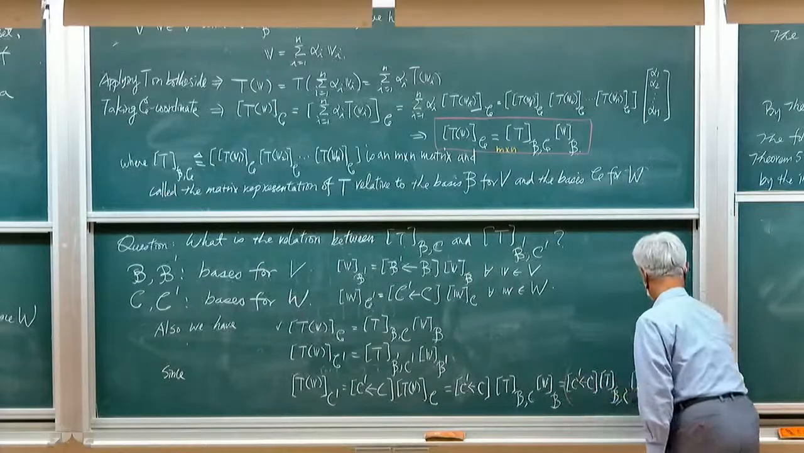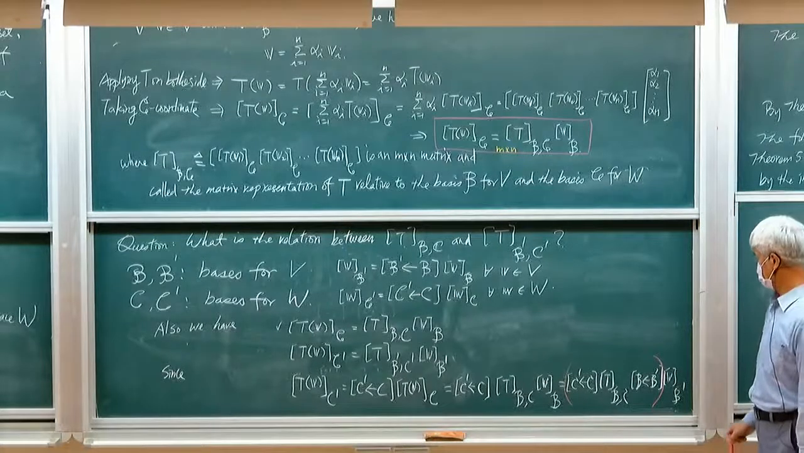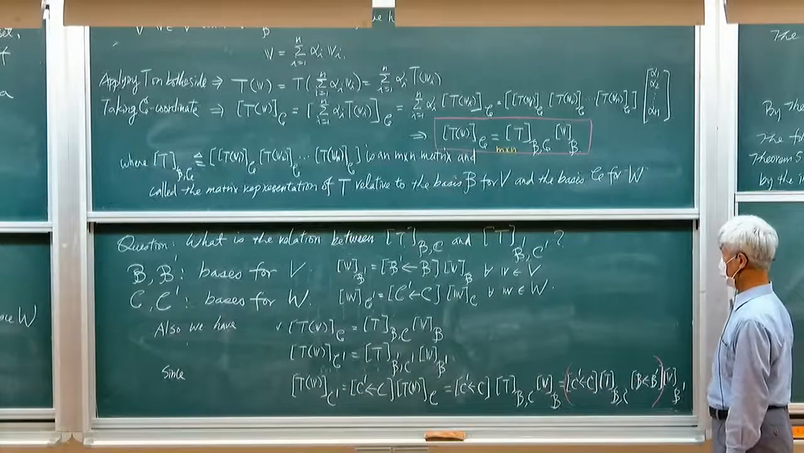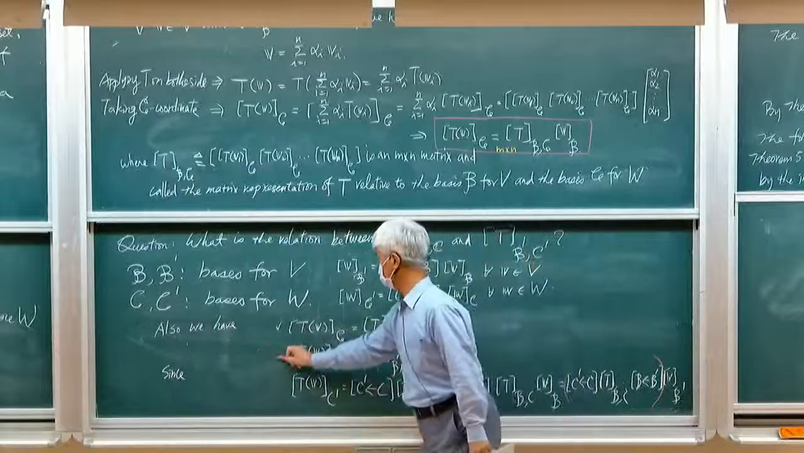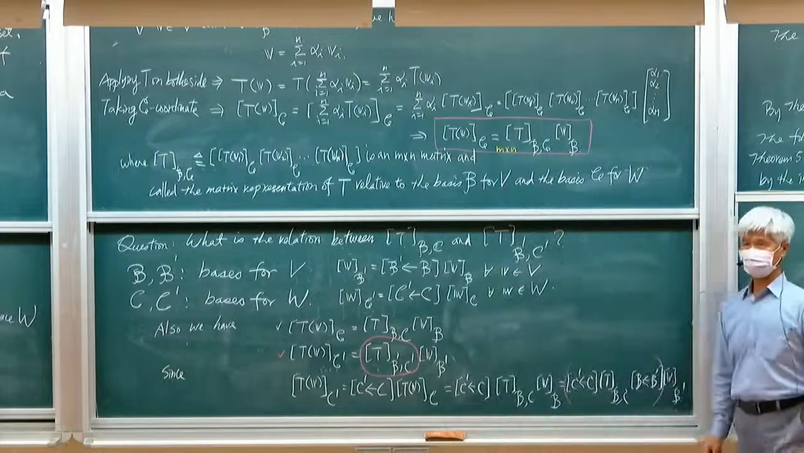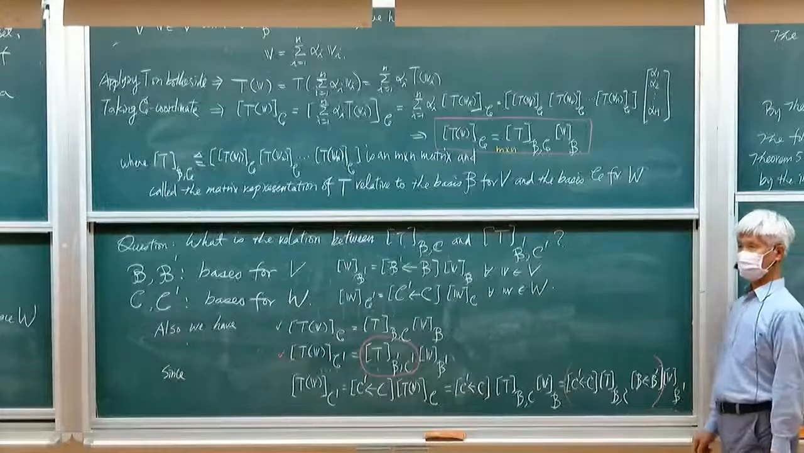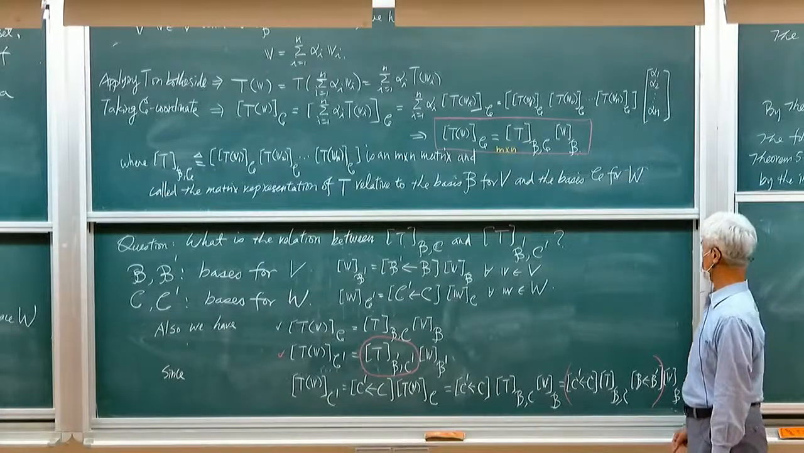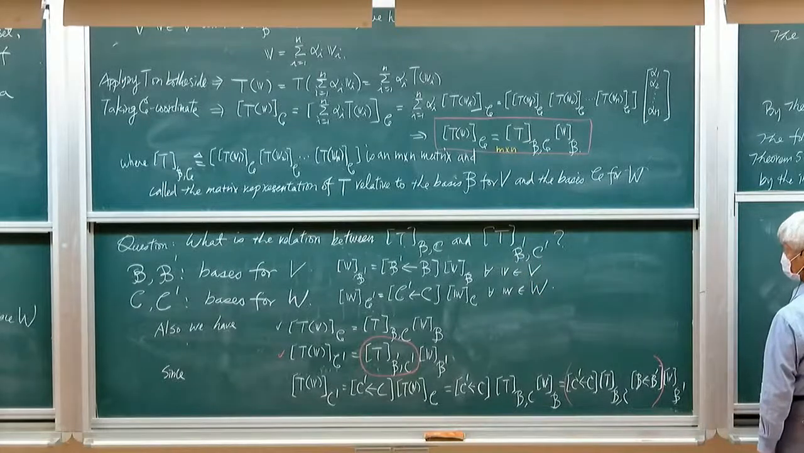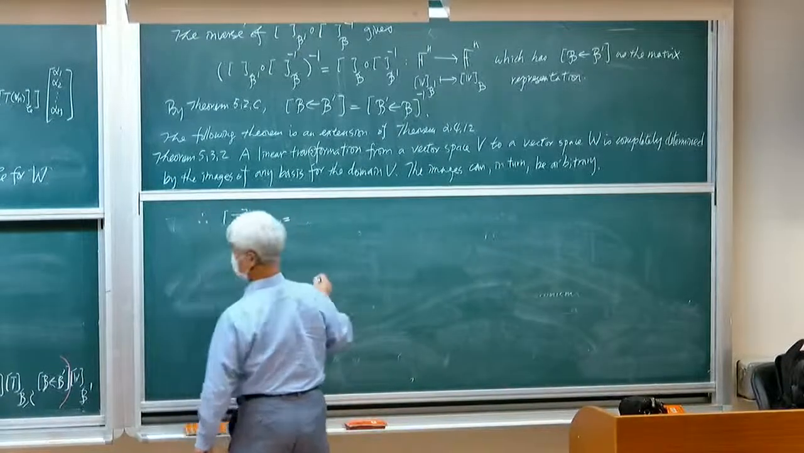Okay, and so now we start from here and end up here. So this one, the product in the red parentheses, compared with this one, that would be equal to this matrix. So that T becomes